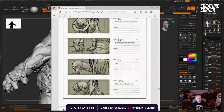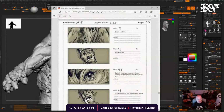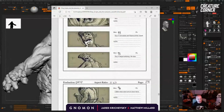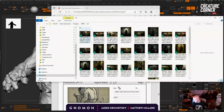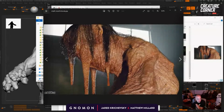So I had to make a monster for this, and this was a monster that had been kind of stewing in my mind for a couple of years. I did a very basic concept of him called Grip, and I just kept coming back to the character. Let me see. So I did this piece, I think, in 2020, and this actual creature was kind of born out of frustration,